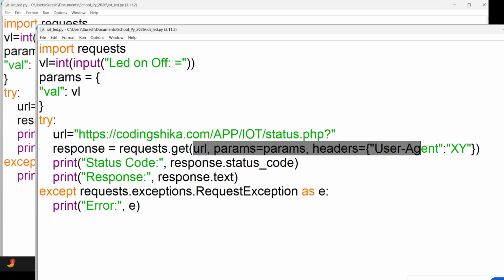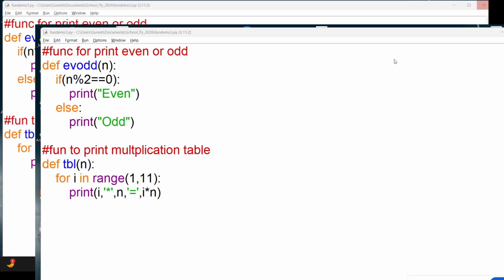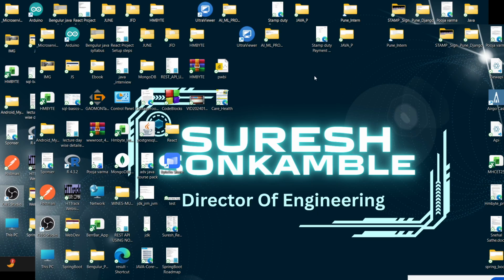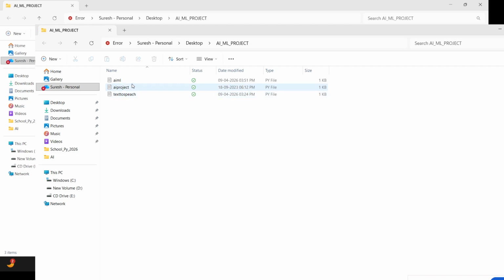So that's why the topics of functions, types of functions, and modules, these two concepts are very important to understand the Python programming language. Even if I worked on one of the machine learning projects, let me show you that also, so that you will be clarified that we need